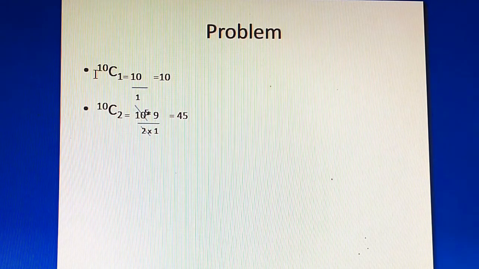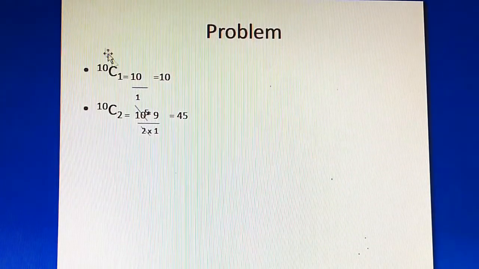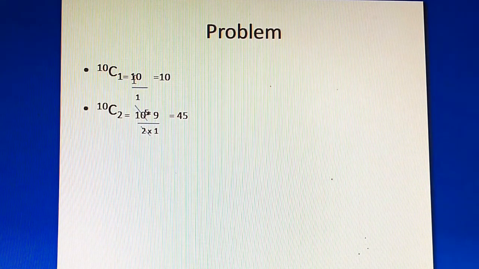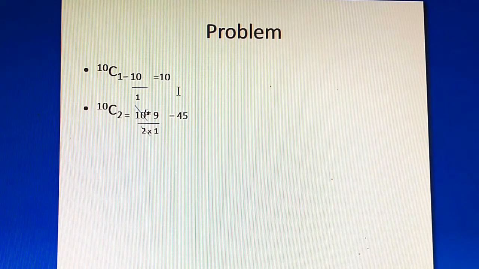10C1, here n is 10, r is 1. So we'll use the formula nCr is nPr divided by r factorial. Okay, what is nPr actually? nPr is nothing but, if the first term is filled by 10, there is only one place, am I right? Because r is 1. So you have only 10 divided by r factorial. What is r actually? 1. So 10 by 1 will give you 10. Even you can use the calculator. It's completely fine. In the calculator, if you press 10C1, you will get the value as 10.